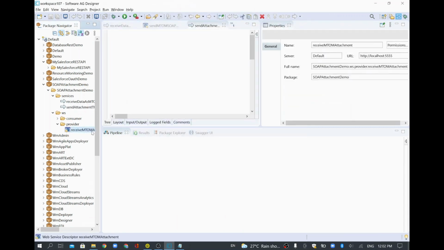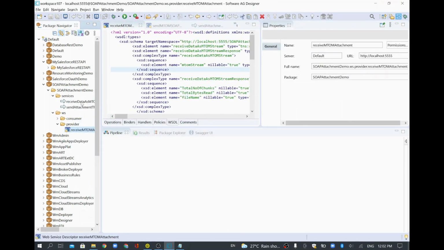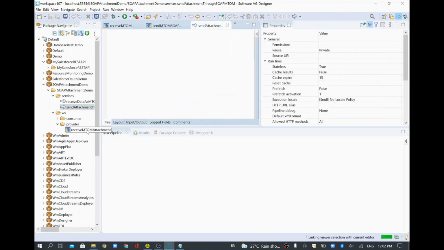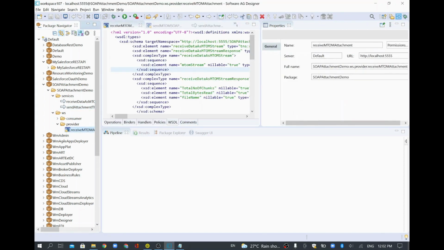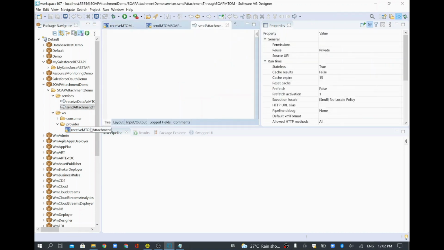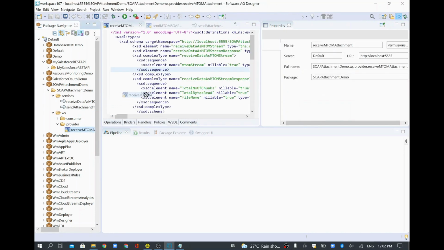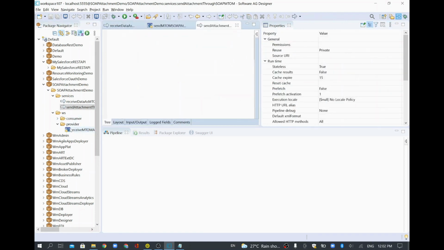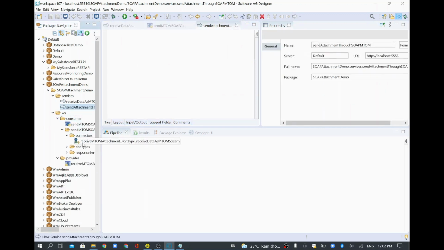I'll open my flow service and drag and drop the connector which is there in this consumer folder.